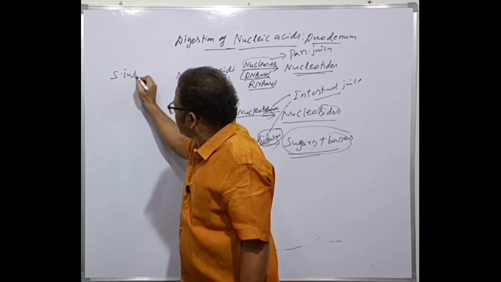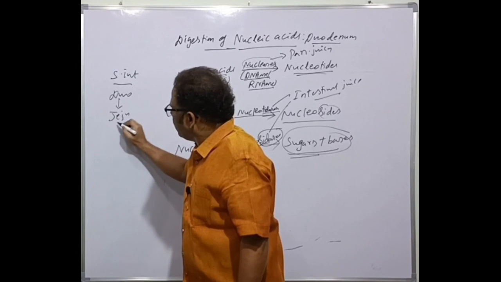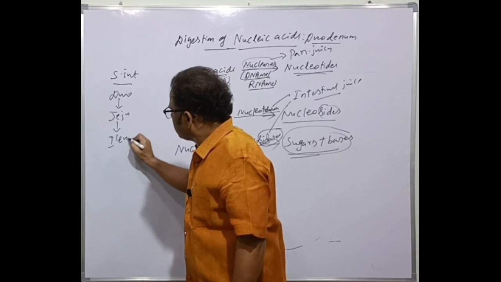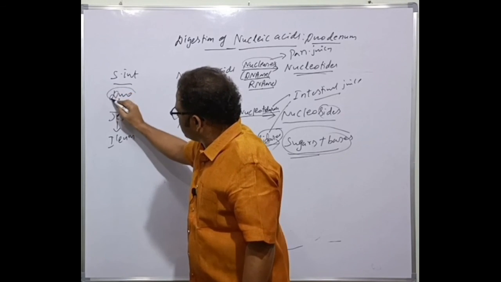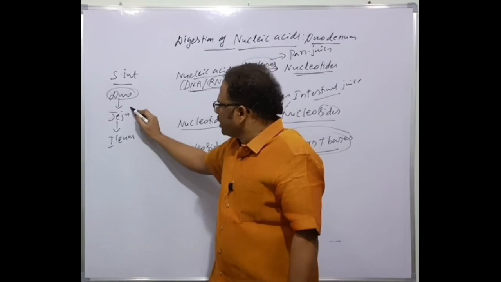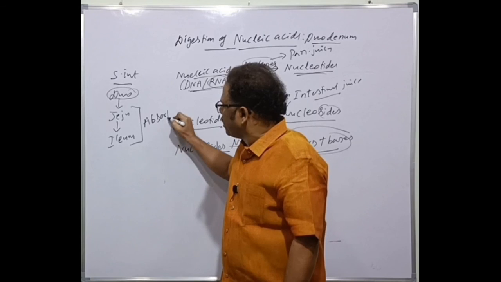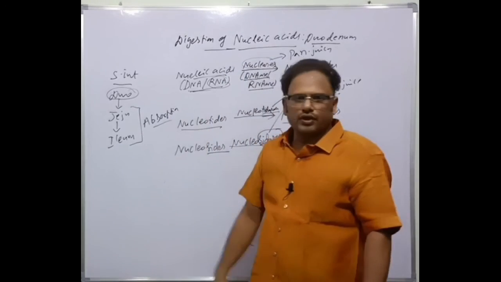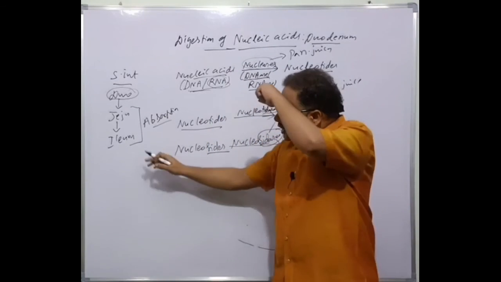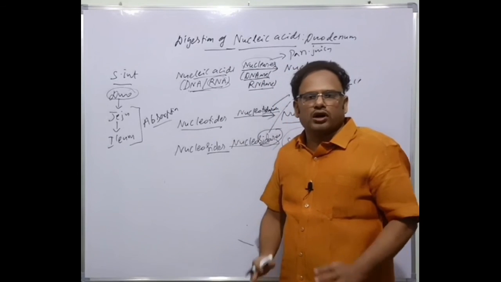Now I told you that in the small intestine, the duodenum is followed by the jejunum and ileum, isn't it? So the digestion is almost completed in the duodenum, and the jejunum and ileum are mainly for absorption of the food. And this ileum is followed by which one? Cecum, colon and rectum, which are part of the large intestine.